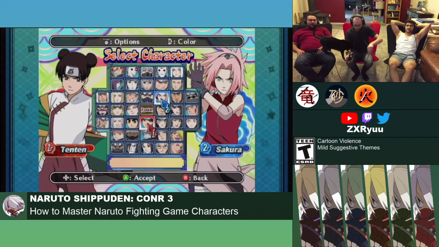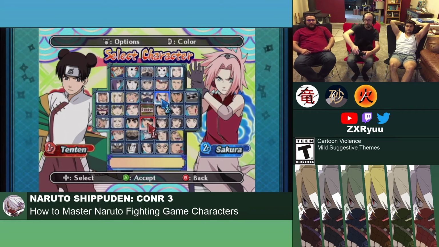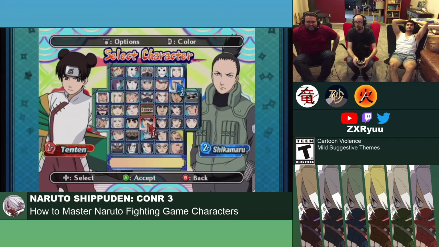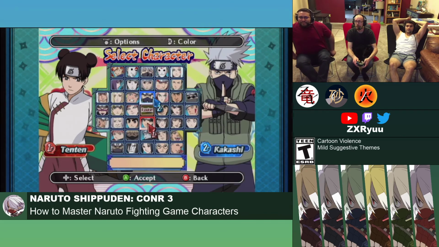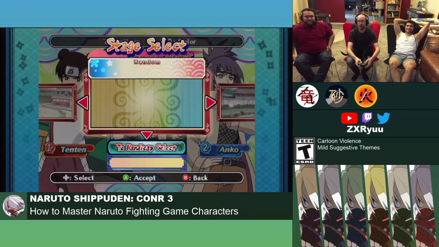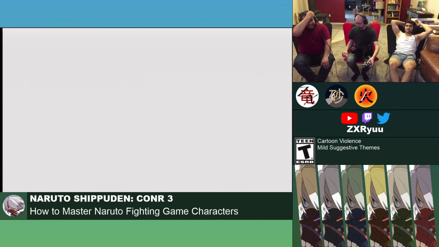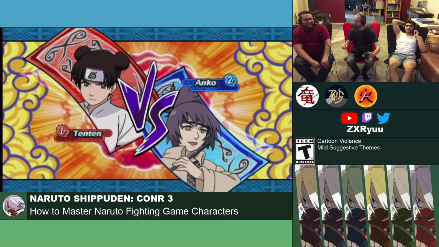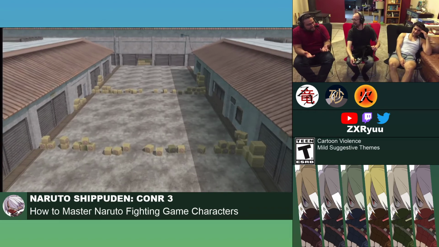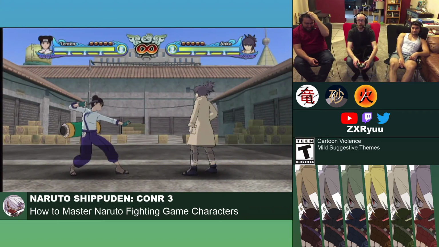Interesting. All right, so we're back with how to master Naruto characters, and I'm going to do Tenten. Just leave it to me. Anko? Sure. I don't know why. I didn't know which one I was going to do either. I was trying to decide if it was going to be one of you two, because I kind of can. Yeah, but none of us really played it that much. Right. All right, so